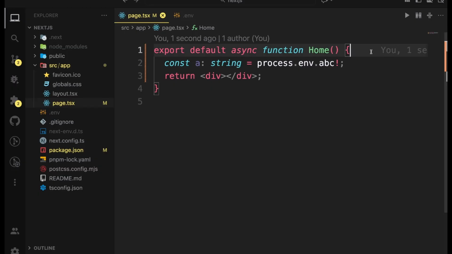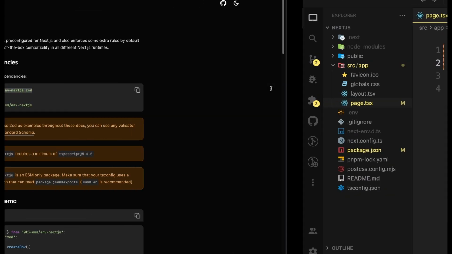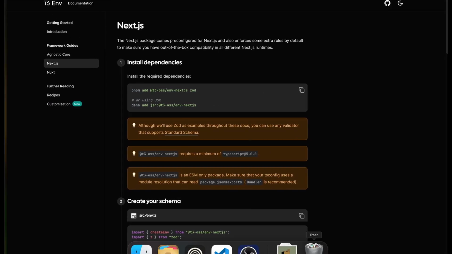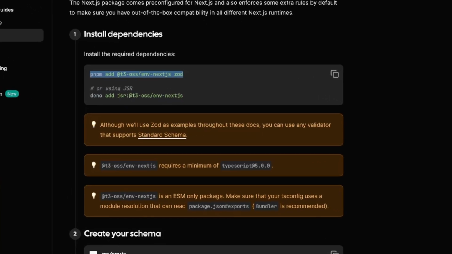Well, then what's the better way to create environment variables? Well, this is what you can do. There's this library, and this is what I like to use. If there's a different library, you can use that. But what I like to use is called T3 Env. Let's just go to their website, and I'll put the link in the description. The first thing I do is go to Next.js, and I copy the command for installing this